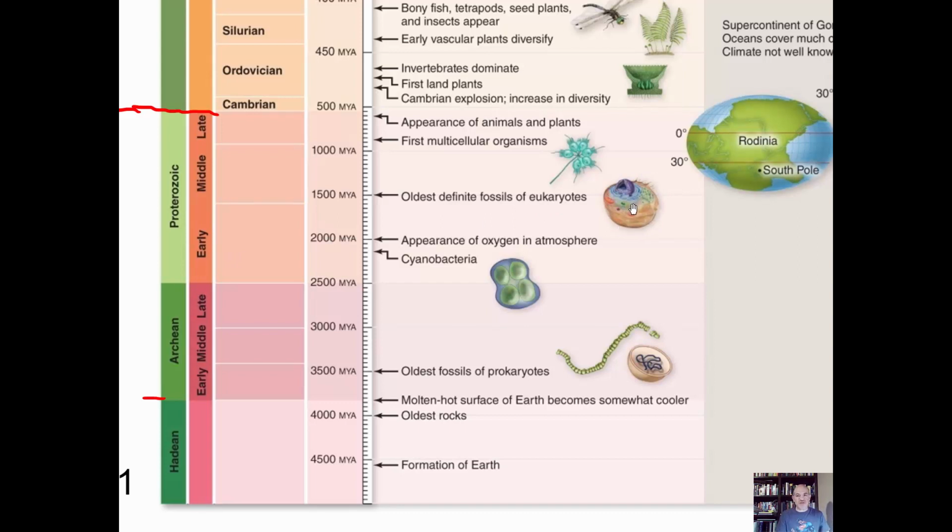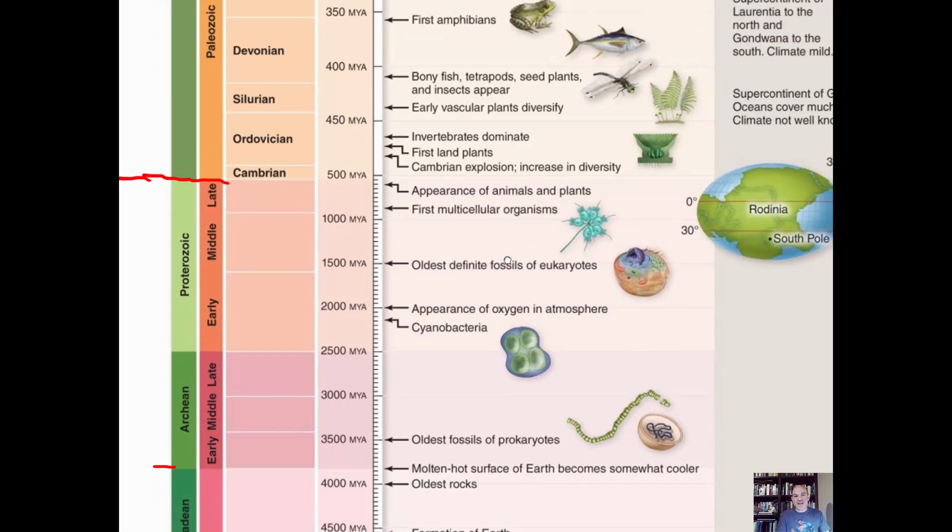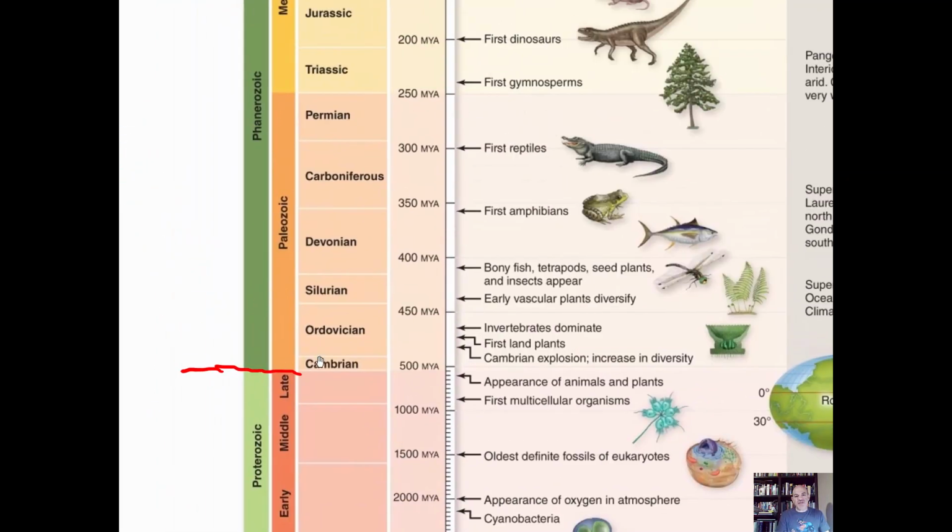Eukaryotes, you know the difference from your biology 1 course. Prokaryotes are like the bacteria. Eukaryotes are more complex, with cells about 10 times bigger than a prokaryote cell. They have a nucleus and so on. You're also going to see the first multicellular organisms evolving in here. And then as you come here, you're going to have